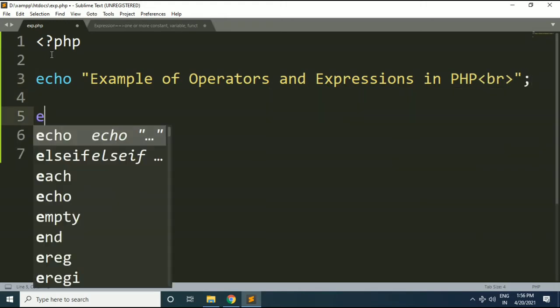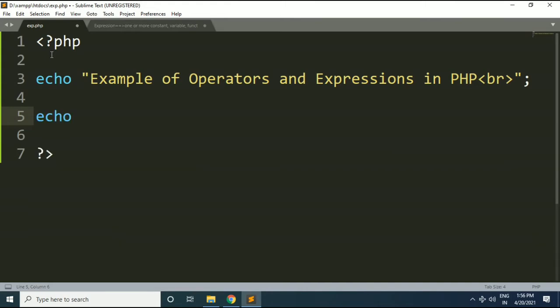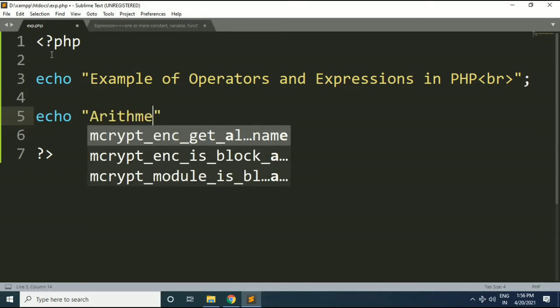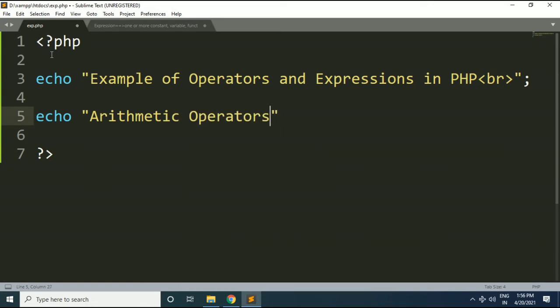After that we will first use arithmetic operators for creating our expressions. Again here I will use BR for breaking the line. Now we will create two variables for storing values. Let's say the A variable will have value 20 and the B variable will have value 2.